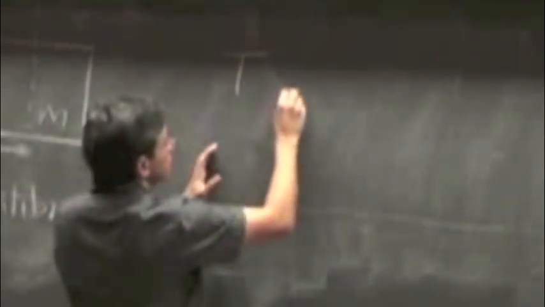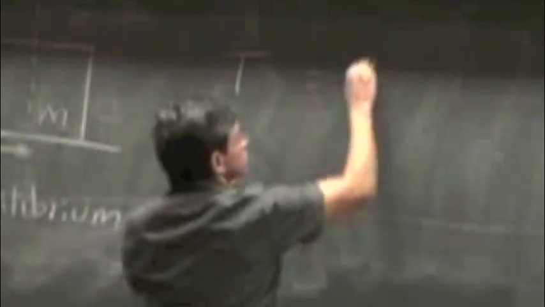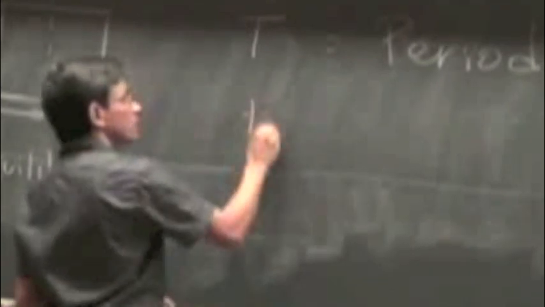As I said, there's going to be an amount of time, t. This is not torque anymore, so you have to be aware that we use the same letters in physics because there's not that many letters to choose from, even when you add the Greek alphabet. So this is going to be the period. You have to look at the context of the problem to figure out that this is not torque, this is period now. Okay, sorry about that, but like I said, I ran out of letters. So that's the period, and it is the amount of time